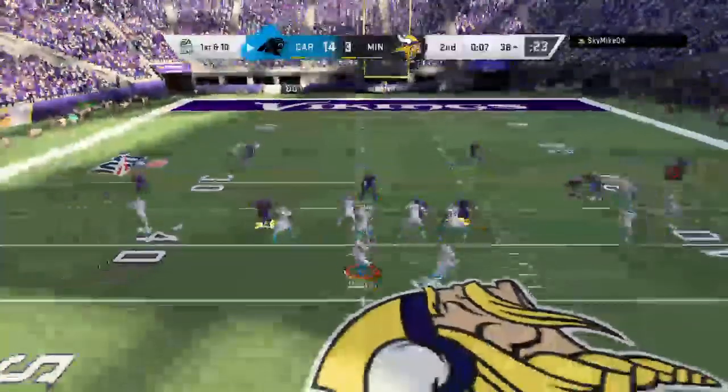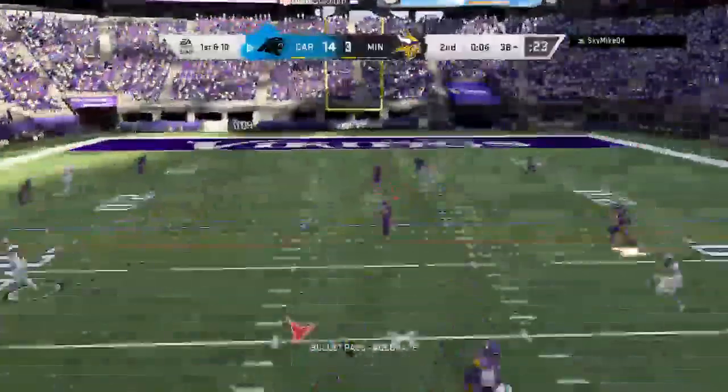Now following the interception, here's Newton. And they